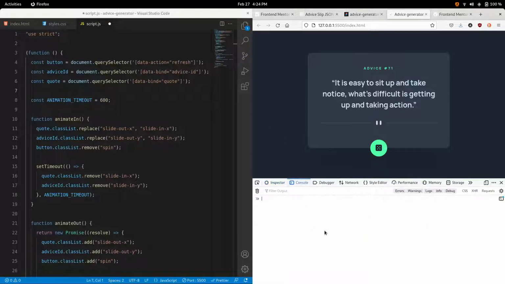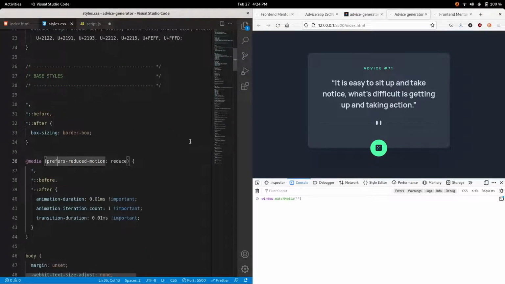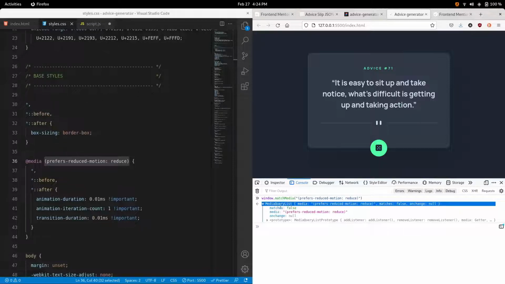You can see it by typing in the console. You can call window.matchMedia. And in here, you can basically pass in this media query that we have with the brackets. So if we copy that over inside our JavaScript console, it returns a media query list object, and this one has a matches property, which is a boolean, either true or false. I don't have reduced motion enabled, so it's false for me, but any user who enables reduced motion, for them